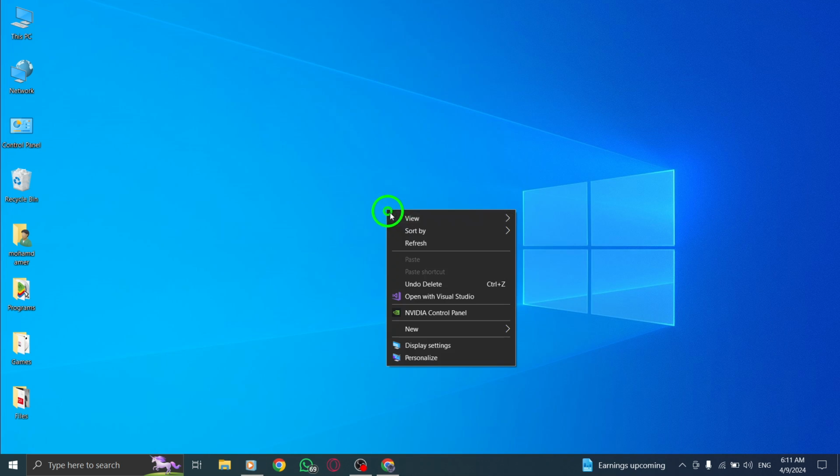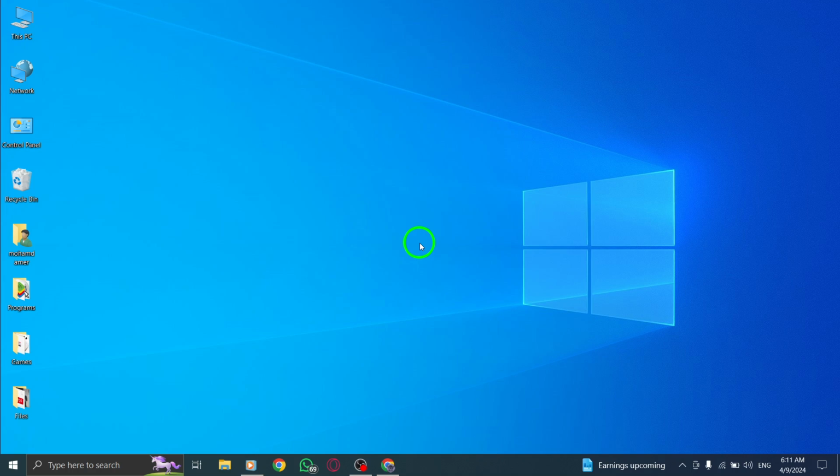By following these steps, you can easily add categories to your Twitter profile on PC, providing more information and context to your